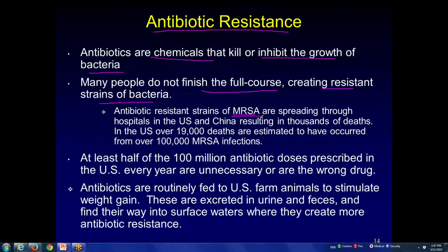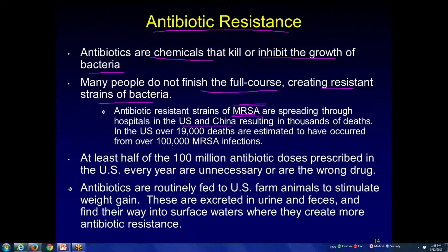Well, the S and the A stand for Staphylococcus aureus. Staphylococcus aureus is the name of the bacterial species, and it's on your skin. It's all over the place. We all have that. It's very common and basically harmless when it stays on your skin. If it gets into a cut, it can cause an infection. It can cause sore throats and minor skin infections. But if it's MRSA, it's methicillin-resistant Staphylococcus aureus. It means it's resistant to at least a few antibiotics, at least one in particular, and that causes people to die. So MRSA is just a really horrible form of Staphylococcus aureus